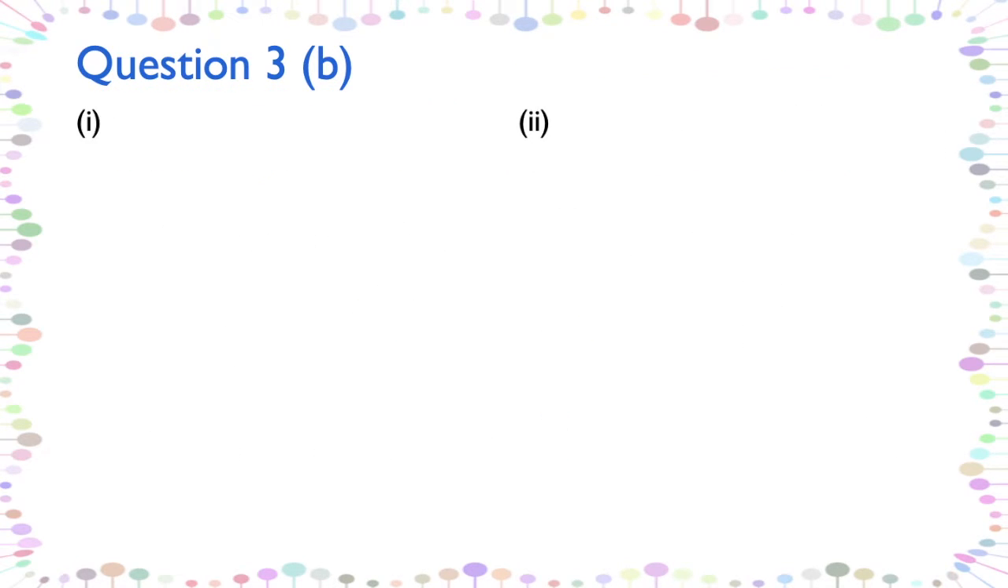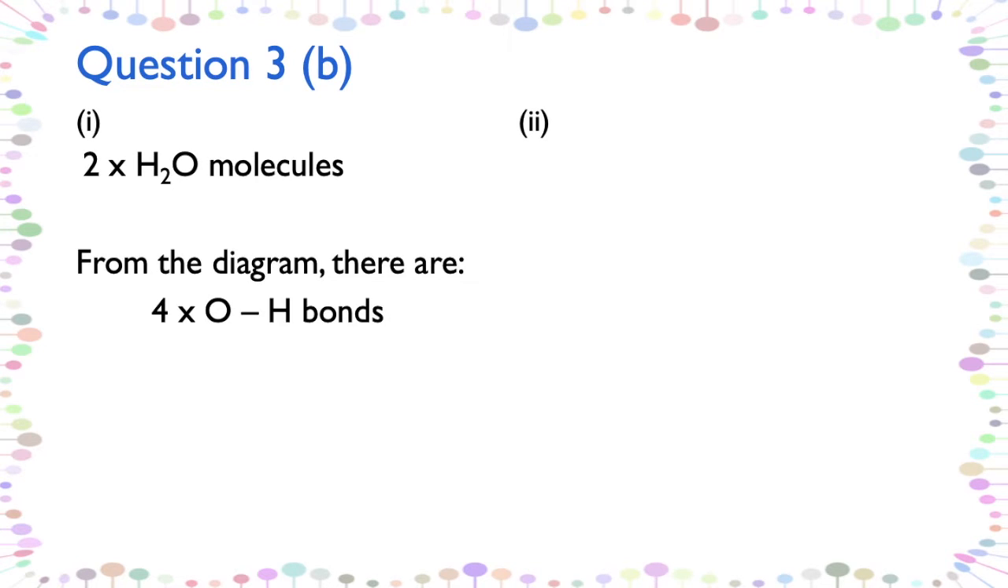So for question 3b, we need to look at the equation in the question. So on the reactants, there were 2 hydrogen molecules plus O2 goes to 2 water molecules. So question I was about calculating the energy produced when all the bonds in the product are made. So in the product, we have 2 water molecules, and as a result, we have 4 OH bonds. A single OH bond corresponds to 463 kilojoules. Therefore, 4 times 463 is 1,852 kilojoules, and that corresponds to the energy produced when all the bonds are formed